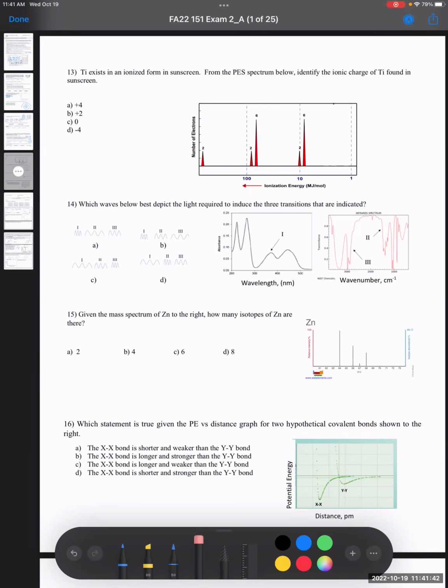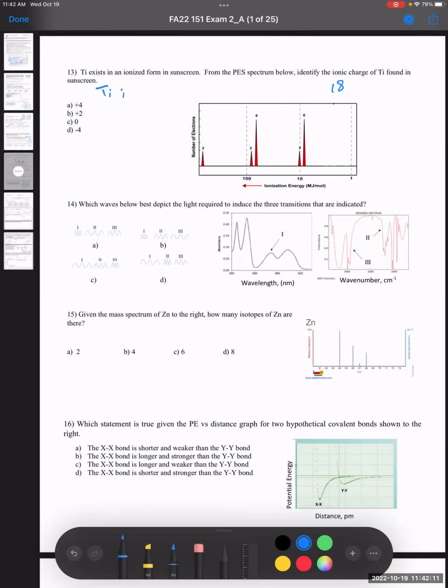So again, what we have here is titanium with 18 electrons, is that right? So 2 plus 2 is 4, plus 4 is 8, plus 6 is 14... 2 plus 2 is 4, plus 4, 4 plus 6 is 10, 10 plus we have 8 now, that means 18 electrons. Altogether, we have 18 electrons. Okay, that means if you think about titanium,